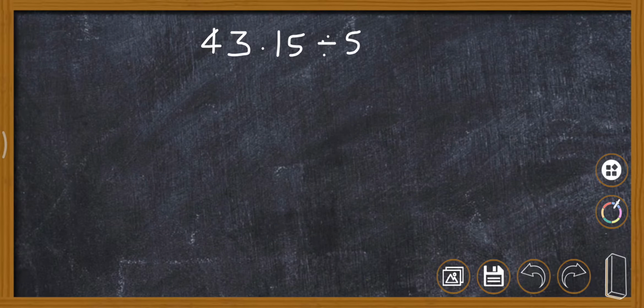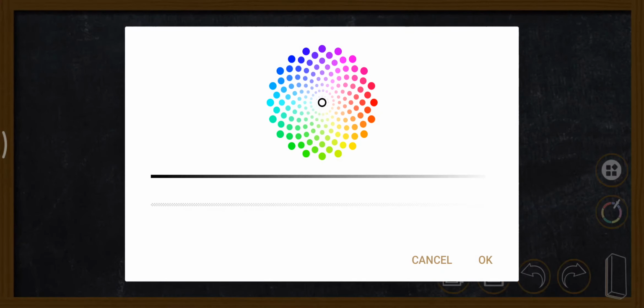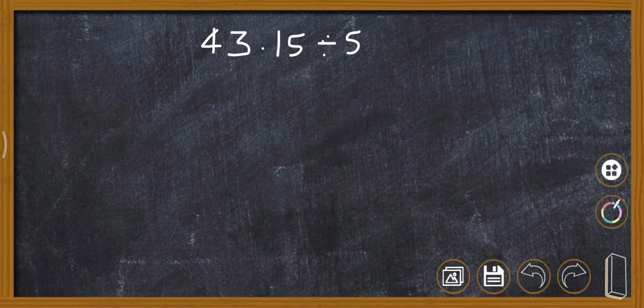Now this is third try these given on page number 53. 43.15 divided by 5 and 82.44 divided by 6. Now let us find out how we will divide these numbers. Now this is 43.15 divided by 5. So again we will divide it properly. Now you know that 5 8s are 40.